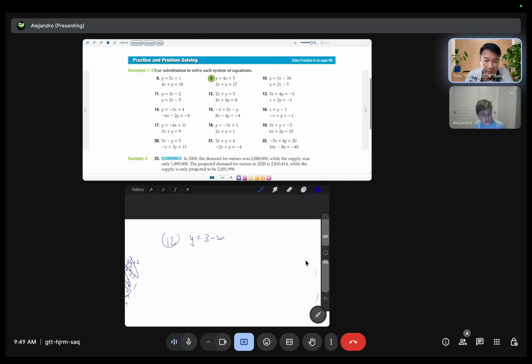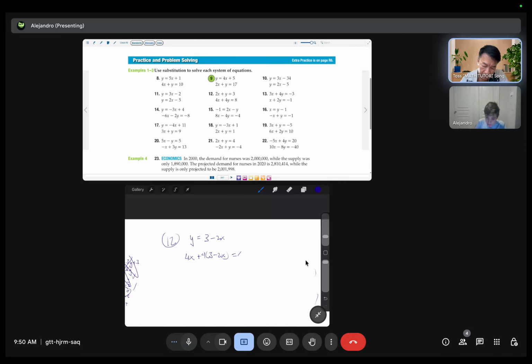Can you mentally see that? For number 12, I subtract 2x from both sides, but I'm going to put it right behind the 3. It's clean. You can put it in front of the 3, it'll be -2x plus 3. So this is my y, mentally. Then I'll plug that y, the 3 minus 2x, into the second equation for the y, okay? So it'd be 4x plus 4 times that whole thing